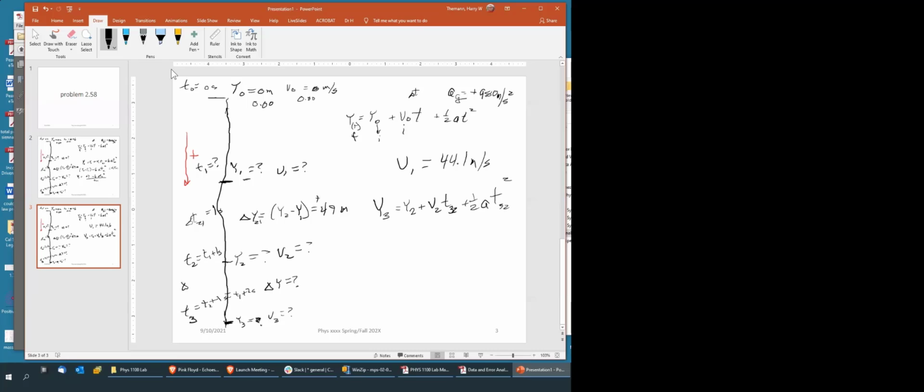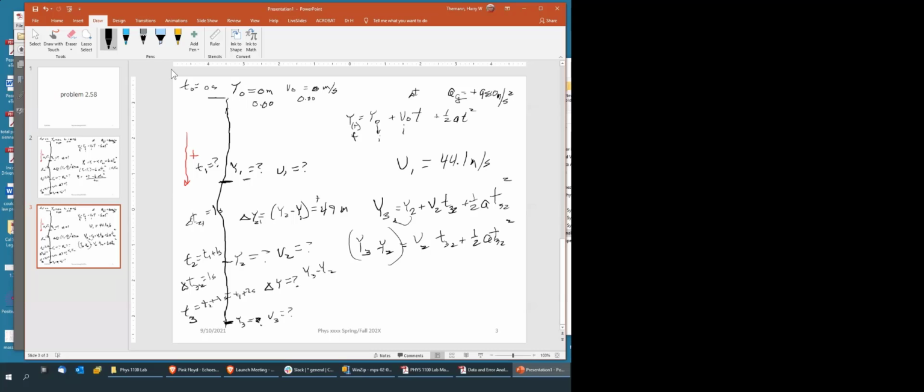That happens to be delta t32, and we know that's 1 second. This one's easy because, and also don't forget that delta y is equal to y3 minus y2. So if we simply bring this one over here, delta y equals v2 t32 plus 1/2 a t32 squared. Now the problem is that we don't know v2,